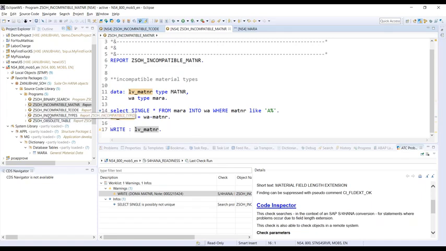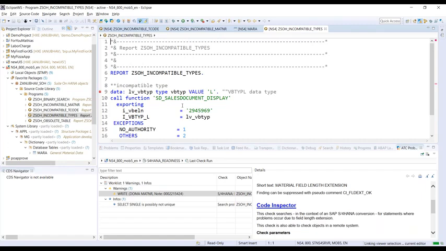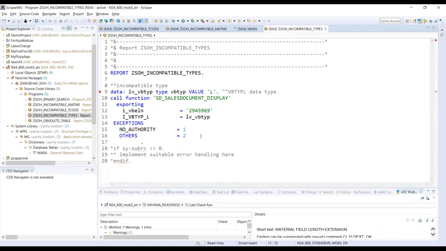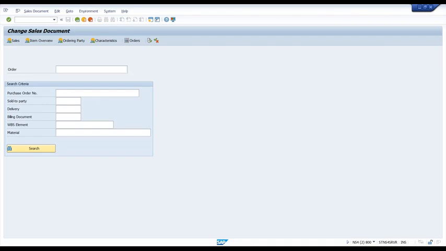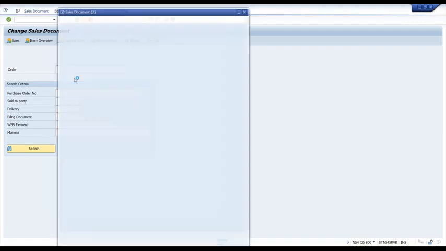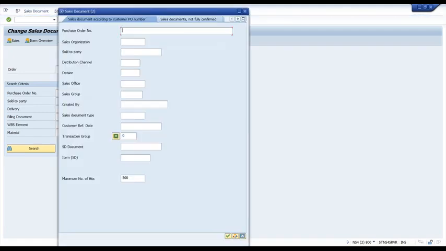Moving to the next one, you can see here another example which I have prepared. Here we are just displaying a sales order document. Let me just execute this. Maybe first I'll find a valid sales order document in the system. This was something old in my S4 HANA system. So I just go to VA02 and find an existing sales order document number, and just say okay.